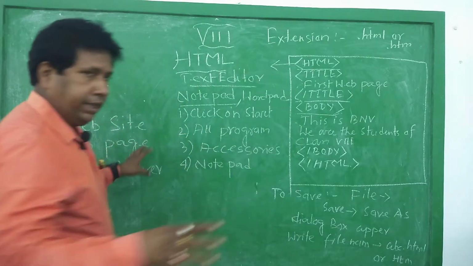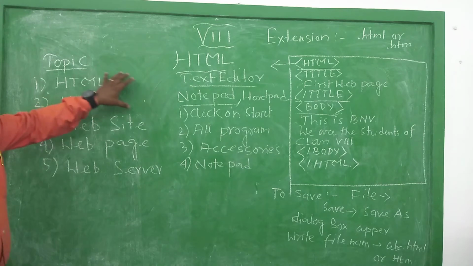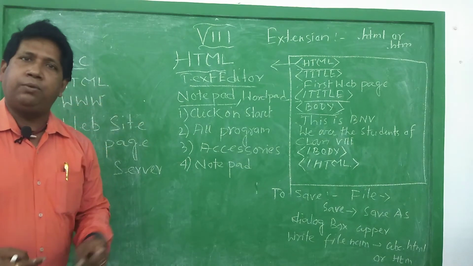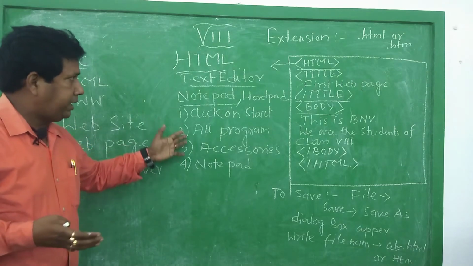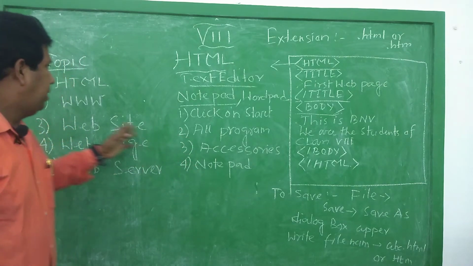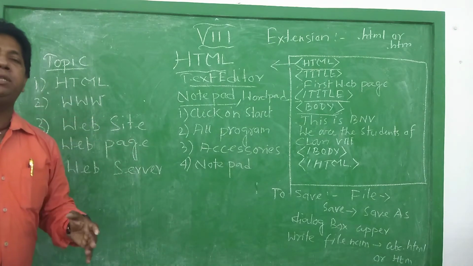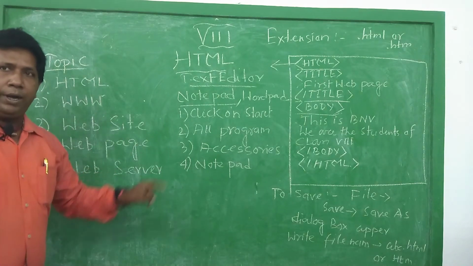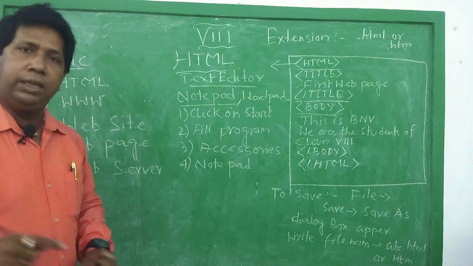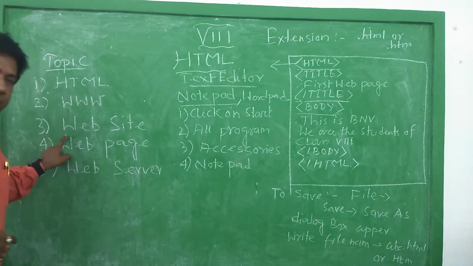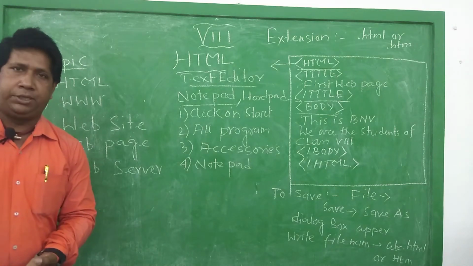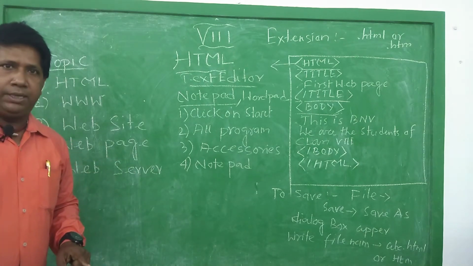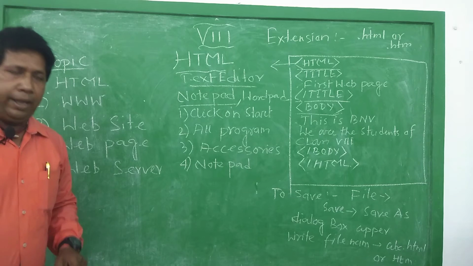Again, I am explaining everything in short. First of all, whenever you try to create a web page, you must understand what necessary options are used in HTML. HTML is the main part which is used to create web pages. www is one of the important parts which is interconnected with web pages. Then what is a website? A website is a collection of web pages. What is a web page? A web page is a single information page which is displayed under the website.